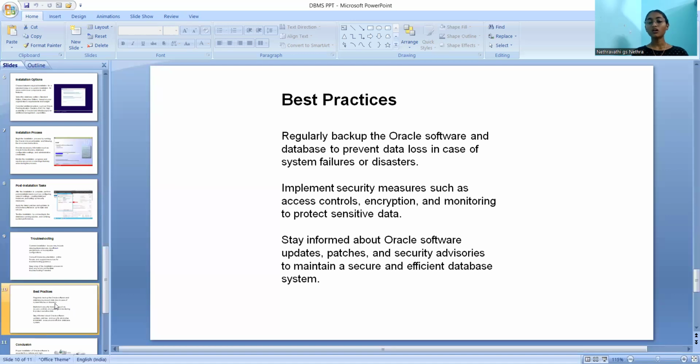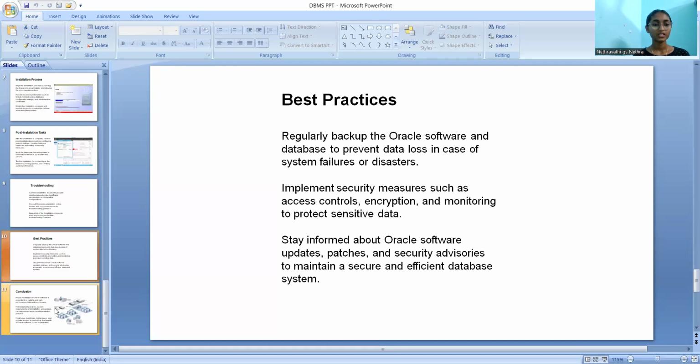We need to back up and restore the software regularly, and implement security measures such as access control, encryption and monitoring to protect sensitive data. Stay informed about Oracle software updates, patches and security advisories to maintain a secure and efficient database system. These are the best practices we need to follow.